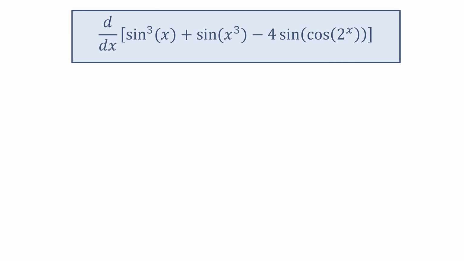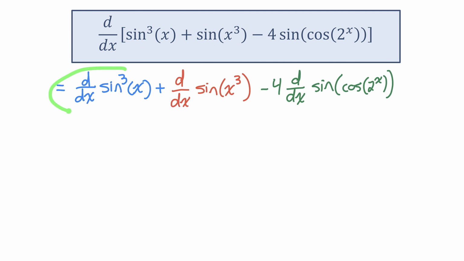They're starting to look more difficult. I have 3 terms that I need to differentiate, but I can do those all independently. The derivative of the first term, it might help if I actually rewrite sine cubed x. What that means is we have 3 factors of sine x, so I could write it as a sine x being cubed. And now it'll be obvious when I differentiate this, I just follow the chain rule, which tells me